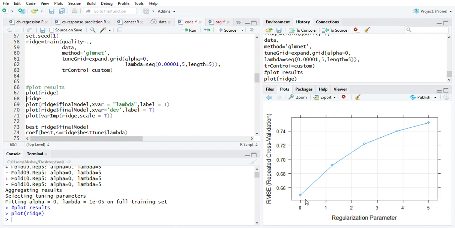If you see, it is taking 5 values between 0.00001 and 5. This is the mean square error. If you see, as the lambda value increases, our mean square error is increasing.